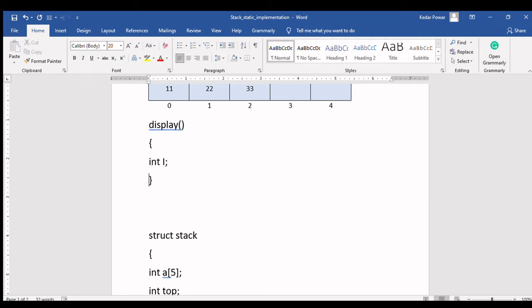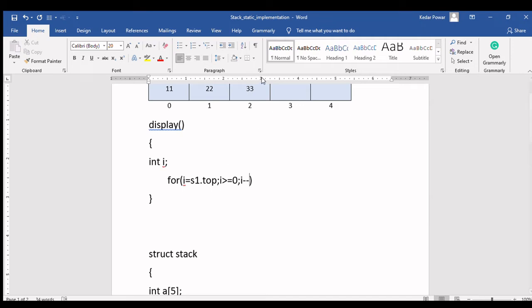Now I will say for i is equal to, what I said, start displaying the element from the top location. So here set i is equal to s1.top. Don't directly write top, always write s1.top, because I gave the name s1 to my stack. So s1.top means start displaying the element from the top, and where do I have to go till? As long as i is greater than or equal to 0, I have to keep doing this, and decrement the value of i.